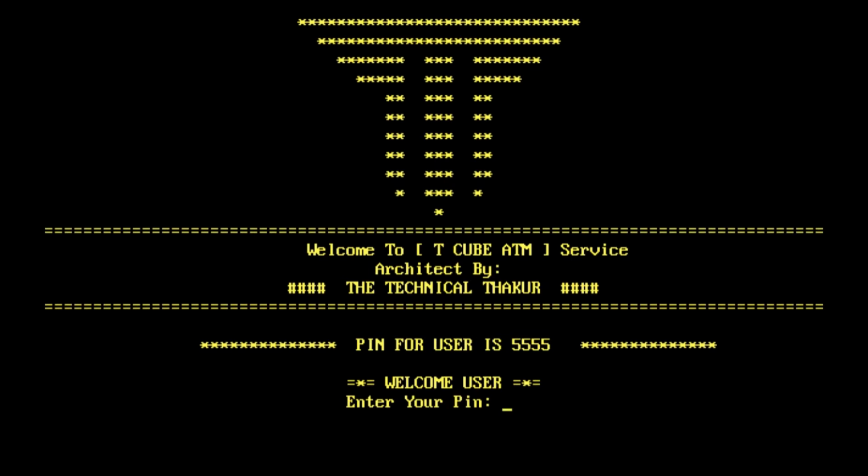This pin will help us to proceed further in the program. Down below it is written, welcome user, enter your pin. Here I will have to write the default pin, which is 4 times 5. If I write the wrong pin, for example 1 2 3 4, then it will show an error message that